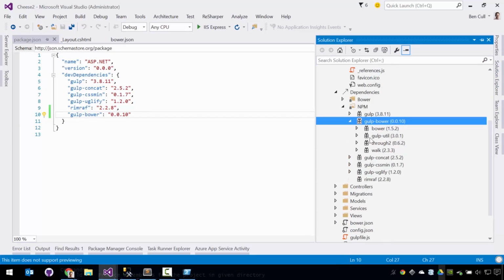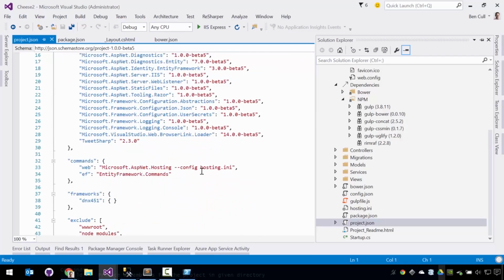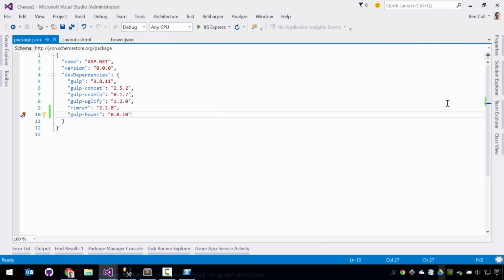So it's gone and grabbed all the dependencies for gulp-bower, and it's plugged it into our NPM. And this NPM is really just relevant to our builds down the bottom here. So we can npm install our Bower package and then run our bower install, which will go and fetch all the Bower packages as well. But it all starts with npm, so that's the first one that gets installed. But yeah, we can take a look at that one later down the track once we get a bit deeper into this